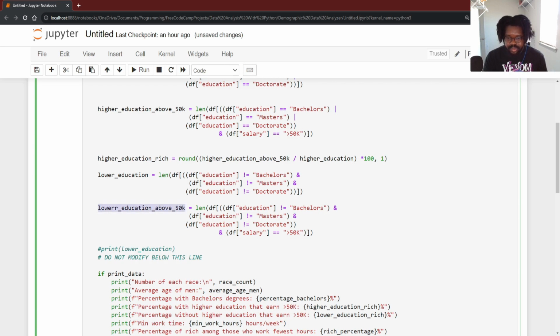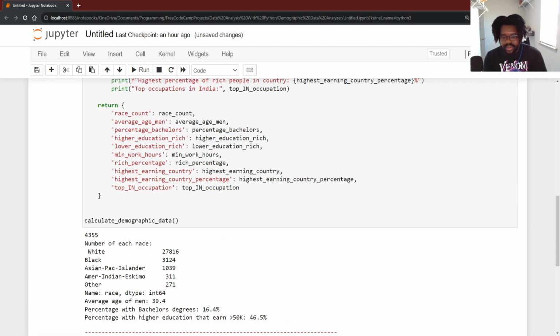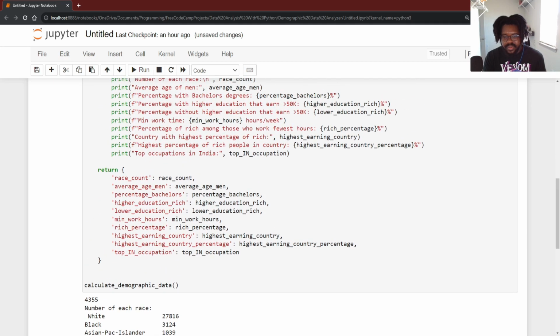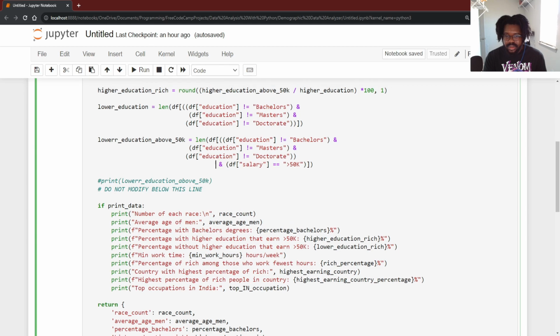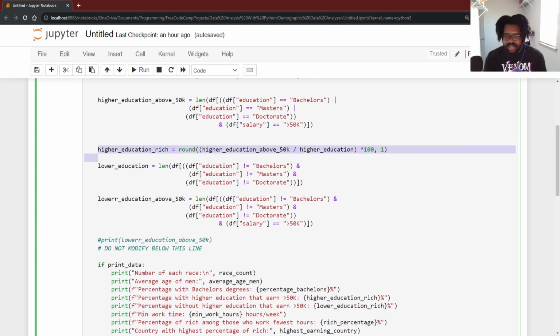And then if I run a print on this, we have a value of 4,355. So I comment that out, and then I just have to do this again,